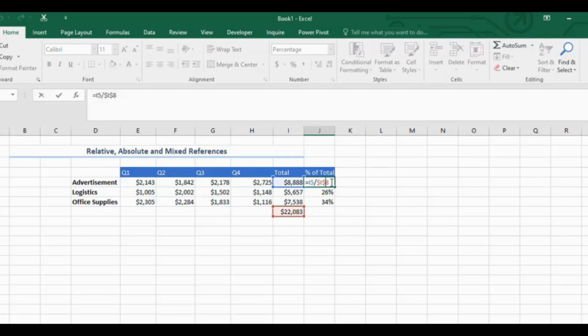Another way to put the dollar signs, if you don't want to hard code it like this, is when you are on that part you want to lock, you can just press the F4 key. Press it once, and it immediately puts the dollar sign for you at both the column and the row. If you want to put it in front of just one, maybe you want the column to shift but you don't want the row to shift,